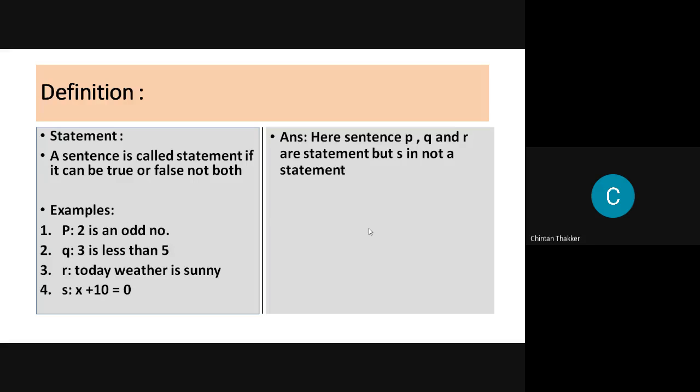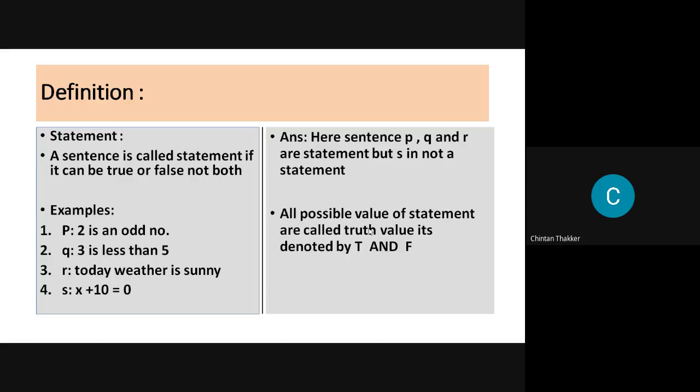Any statement has two values, true or false. These values, true and false, are called the truth value of the statement.